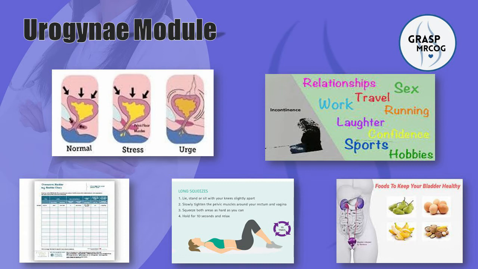So urogynecology history, if it's systematic, it can be very simple. If it's not systematic, it can be very chaotic. So you just need to practice a few times to learn taking a good urogynecology history. So either you can again ask an open question. Can you tell me what actually the problem is? So they will tell you a lot of things about their problem. Or otherwise, if they miss some things, then you can ask a few more questions, such as